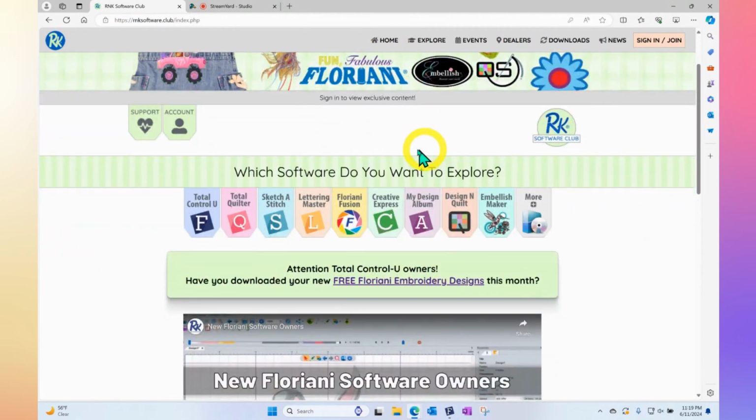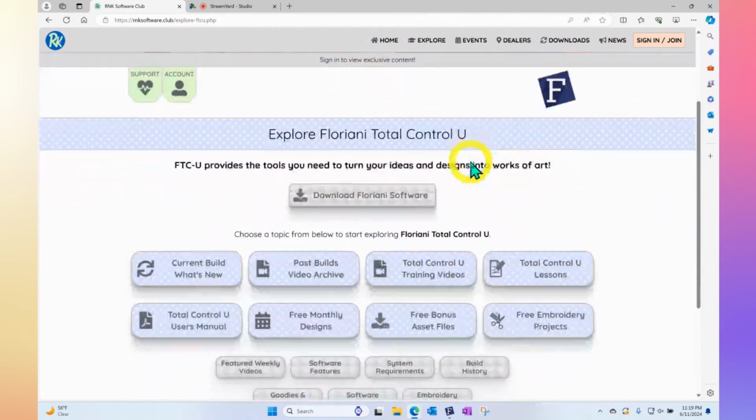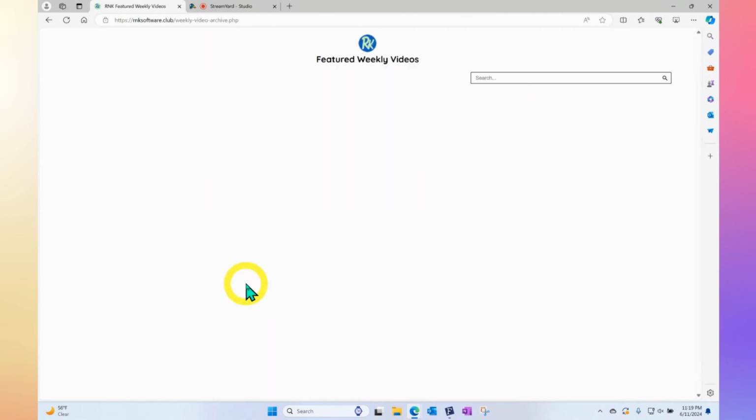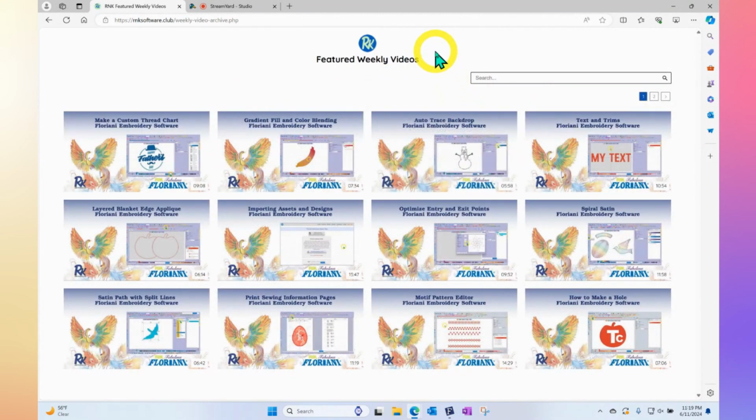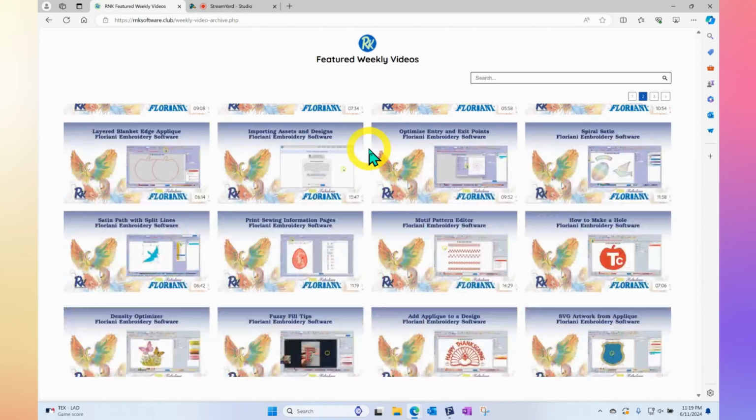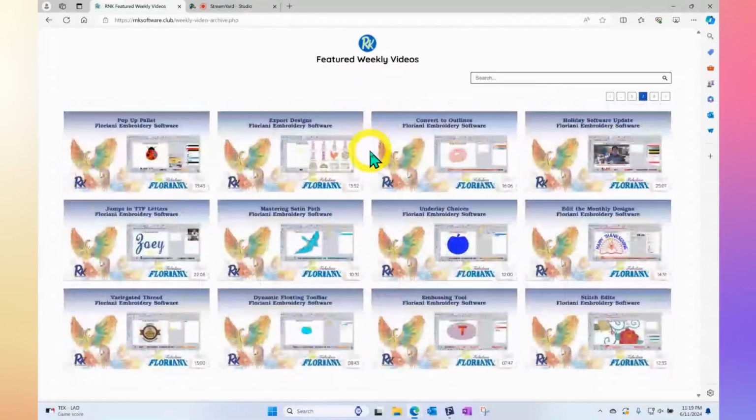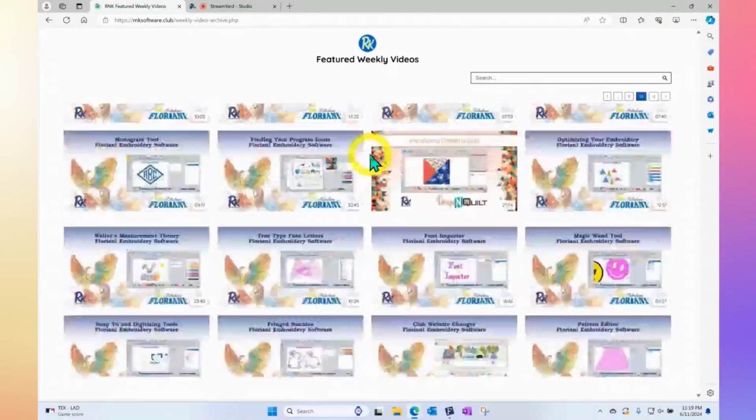One more place I want to point out, and that's the Total Control U. Here you'll find the featured weekly videos, and every week there's a new video added to the list. And so this is not a curated list, but more of a curated by time list. But it is probably the largest video list of all of them. If you scroll backwards, you'll notice that there are page upon page upon page of videos,